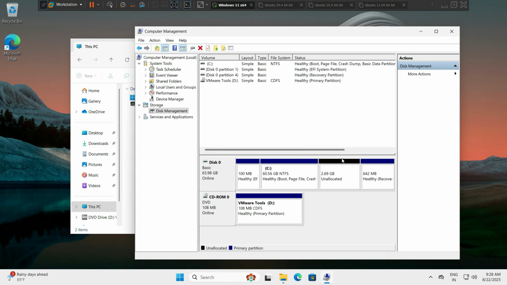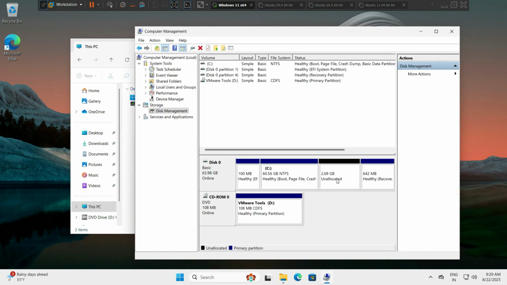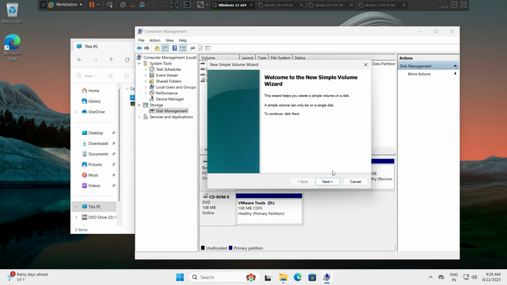Now you can see we have created another shrink volume. You can see here 2.69 GB unallocated space. Now we can create another drive letter. Right click on it and choose New Simple Volume. Click on New Simple Volume and